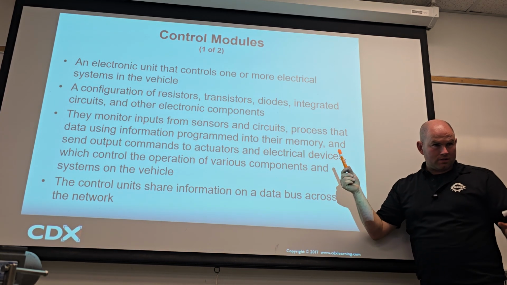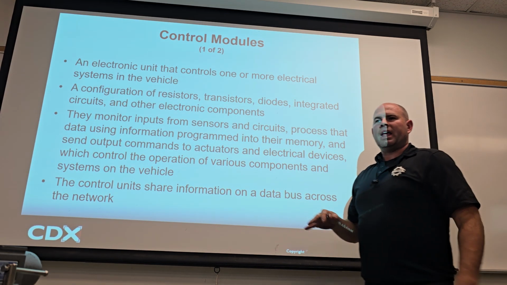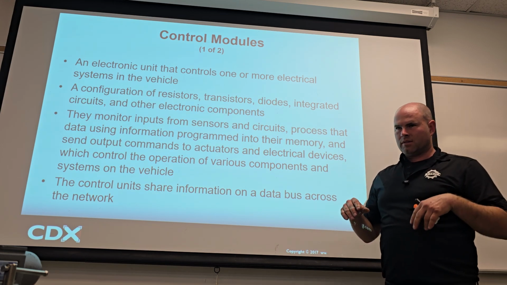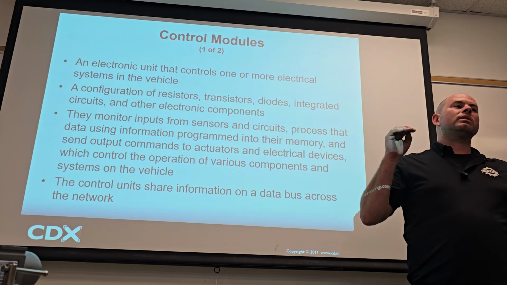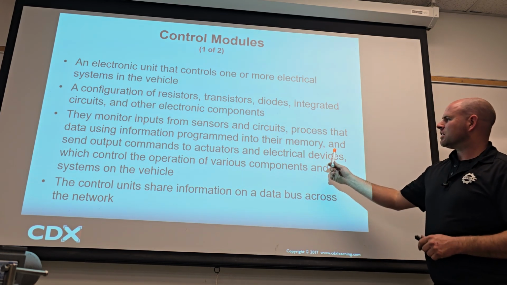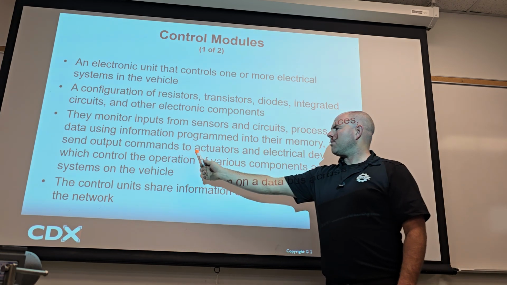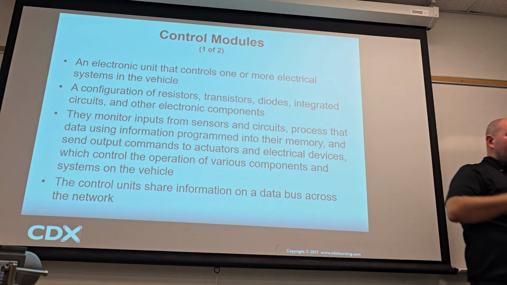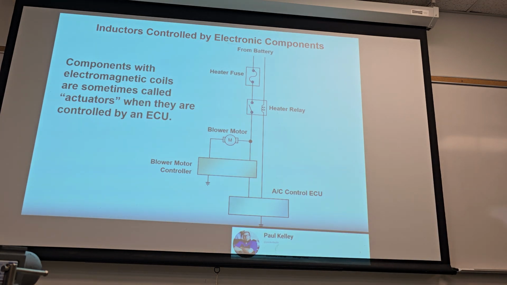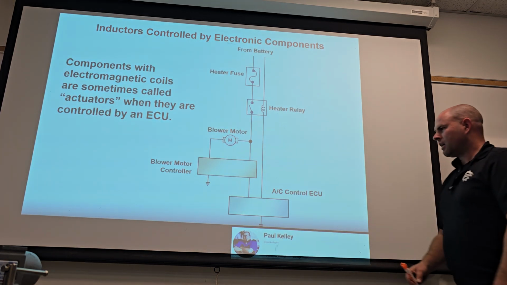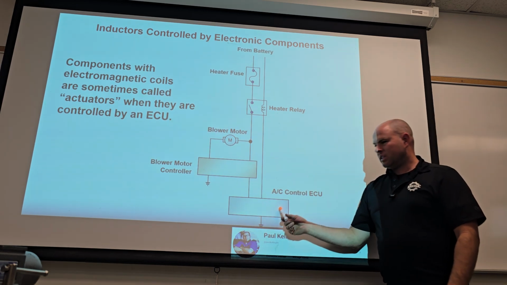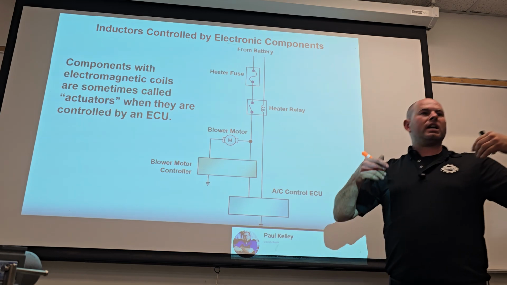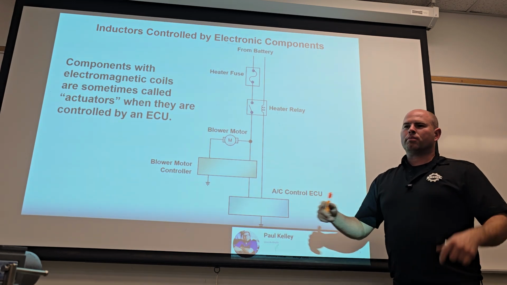Cool. So you know what that means? An engineer went in there and said, hey, if this voltage is this reading, if this amperage is this reading, what you should do as a result is, it says right here, send output commands to actuators and electrical devices. Hold up. So what I'm saying is, if this AC control ECU gets a signal from the photodiode and it says, hey, it just got really sunny out, it's programmed